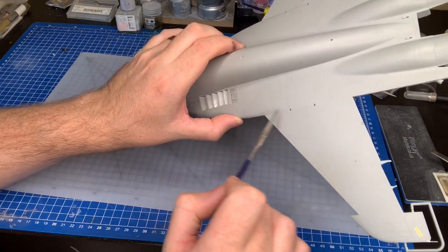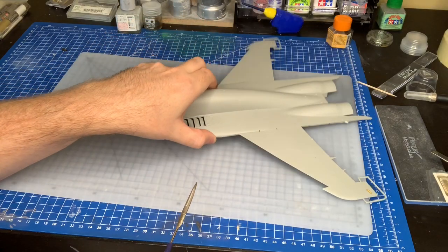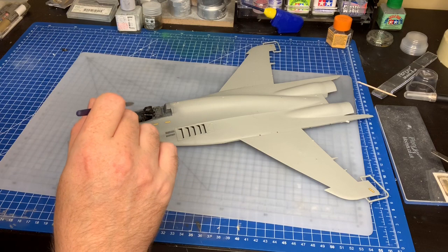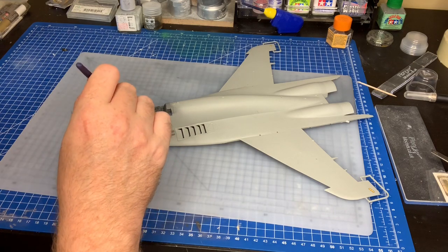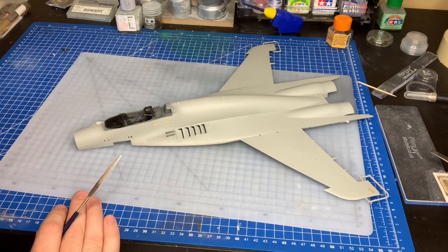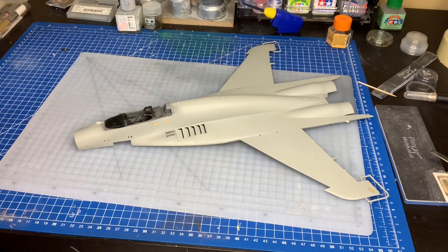Nice panel lines, nice rivet detail. Yeah, and I really had a blast doing that cockpit. It was a lot of fun. After doing 72nd scale, actually going to 32nd and being able to pick out individual buttons and do some details, it was really a blast. So really enjoyed that. So that pretty much sums up this part and where I'm at with this first part